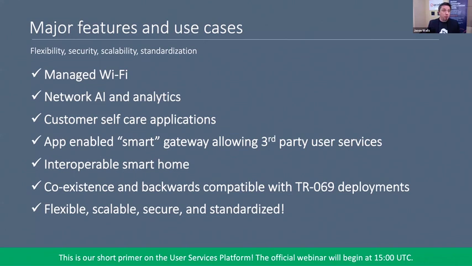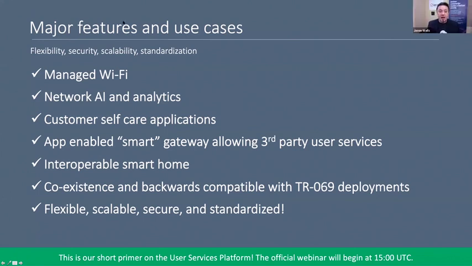Building an actual, truly interoperable smart home is possible with the things that we're doing. One of the things that we wanted to make sure of was that it was backwards compatible with TR69 and the existing data model, and that it could coexist. So providers out there who have huge investments in their TR69 deployments can work with their vendors to make sure